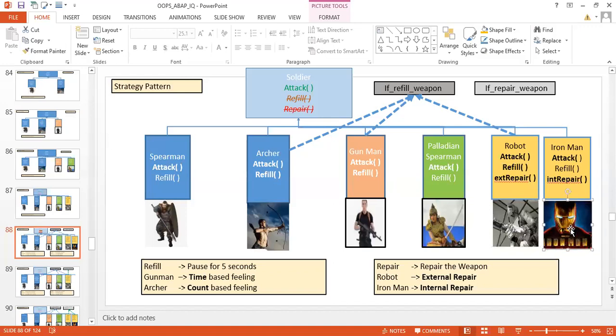Iron Man is also using a gun, and this robot is also using a gun, and both require the repair functionality. Iron Man has internal repair functionality, and this robot has external repair functionality. So I will create one interface and put in it the method called repair, external repair and internal repair.